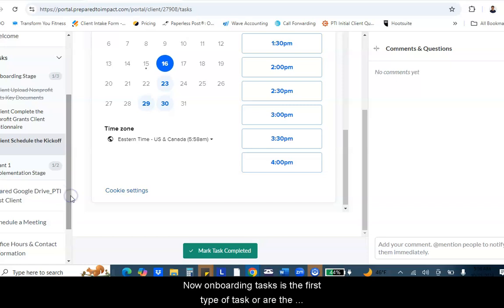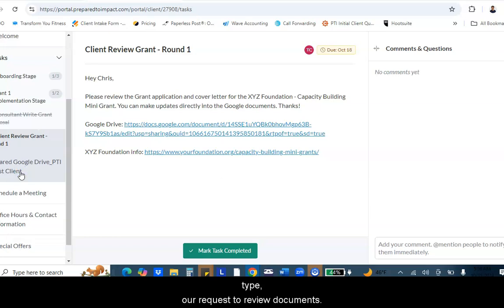Okay. Now, onboarding tasks are the first type of tasks that you will receive. The second type are requests to review documents. All right. So here's an example of a message that you'll be receiving. This is also an email, so it's going to come directly to you. It might be in the original task, but it'll probably be like a second task after,